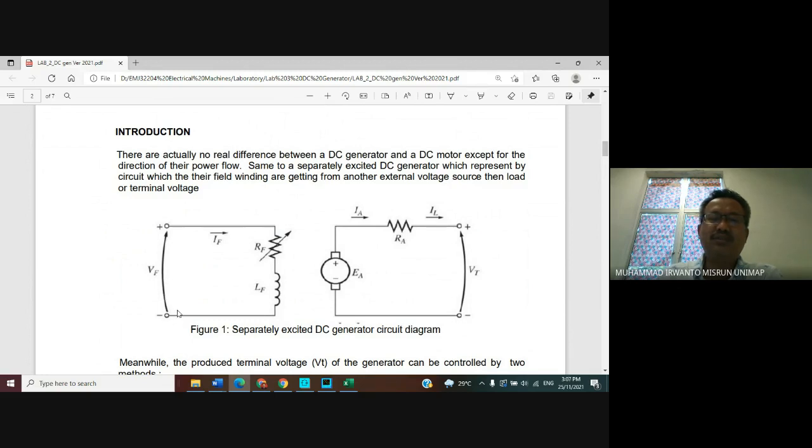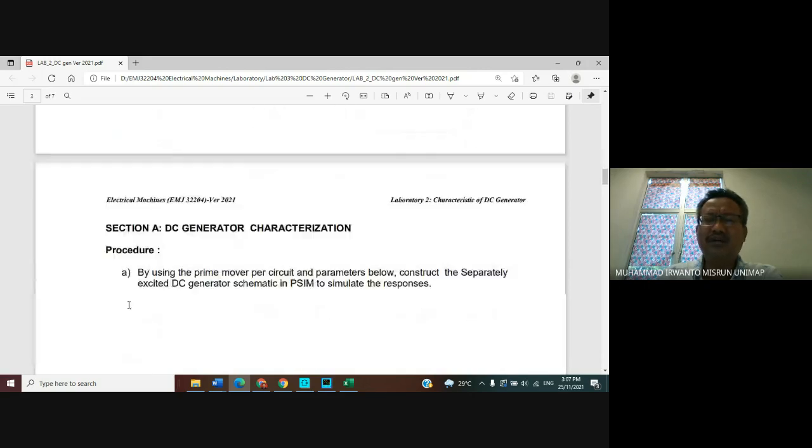The objective of changing the field voltage is to change the current flowing to the winding, which affects the terminal voltage of the generator. What other methods can be applied to change the terminal voltage of the generator? Look at this field resistance here. It is the same, to change the value of the field current flowing through the winding. Now discuss this.